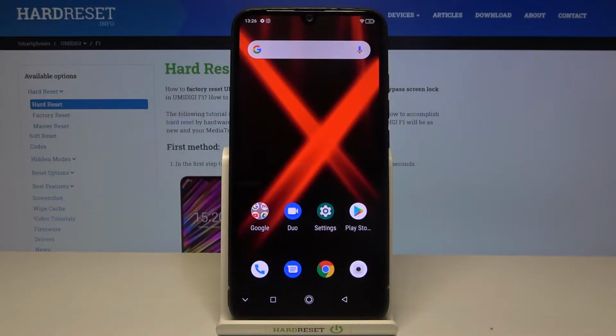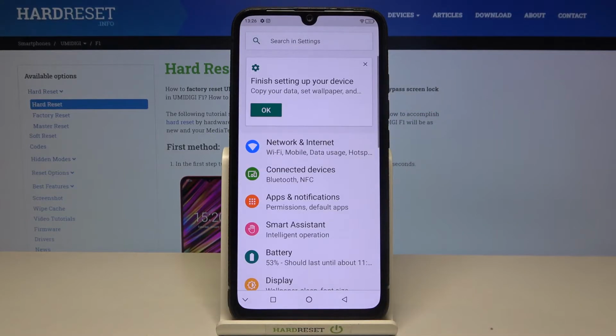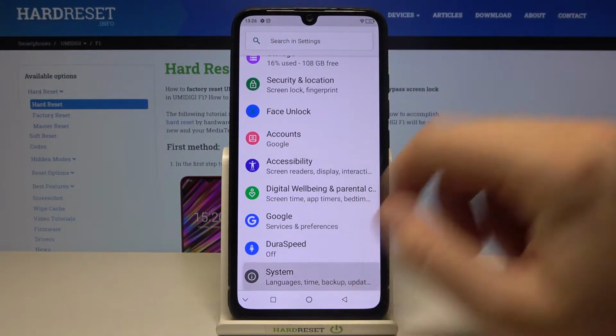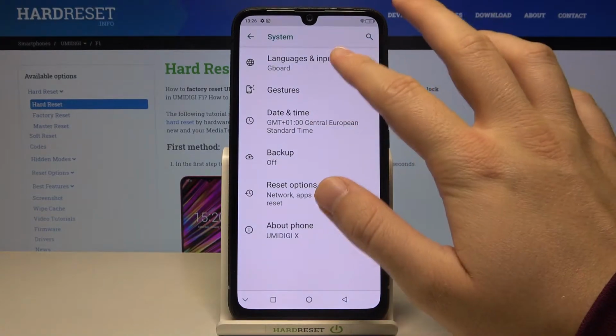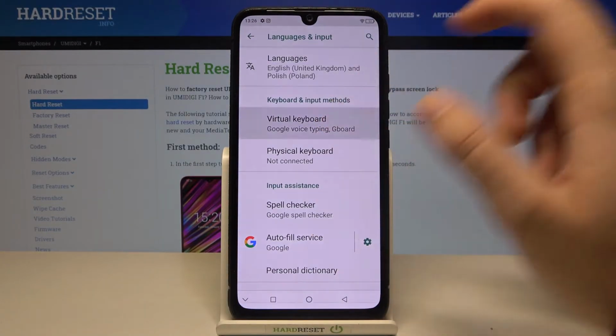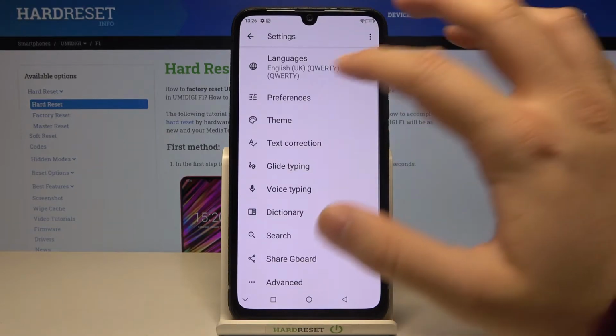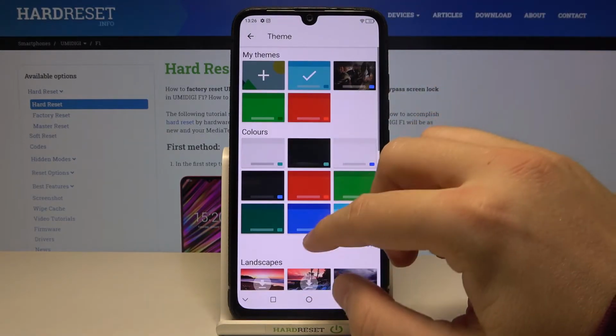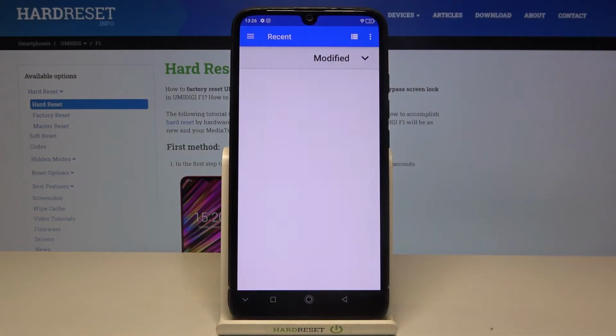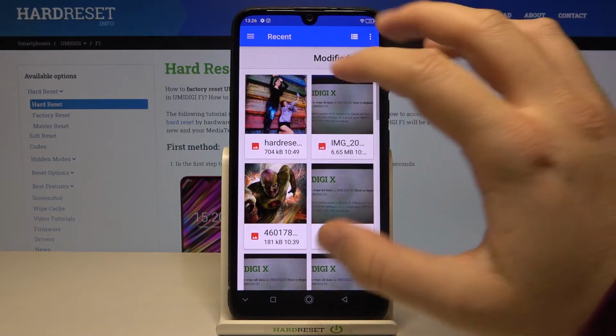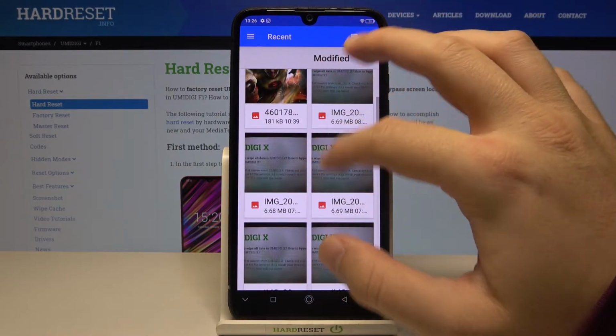Welcome. If you want to customize keyboard theme with your own picture on UMIDIGI F1, at first you have to go to the settings. Next you have to scroll down and find system. Right now we have to go for languages and input, then select virtual keyboard, tap on the Gboard and move to the theme. So right now we have to click here and we will get files, photos and pictures